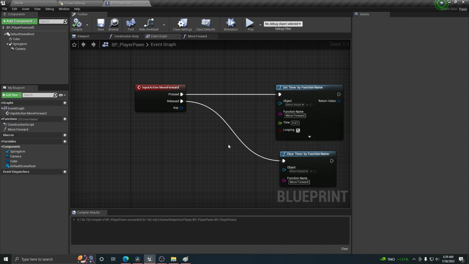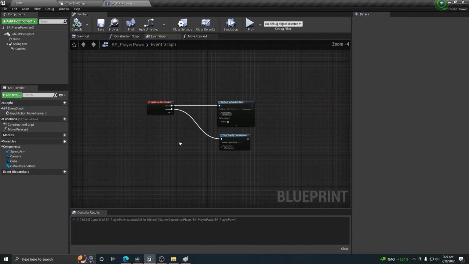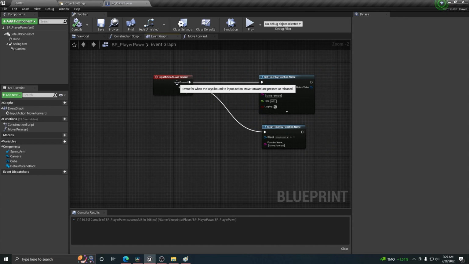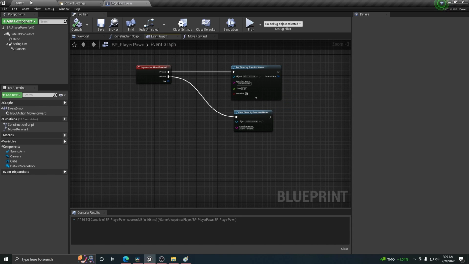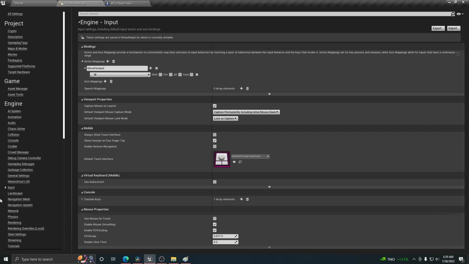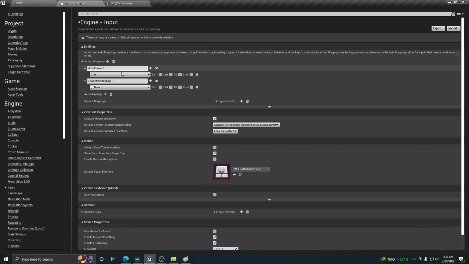And now we can focus on making the move backwards, move left, move right. It's gonna be the same thing. So now it's a good practice on your end to see what you're doing. Try to get the hang of it by making